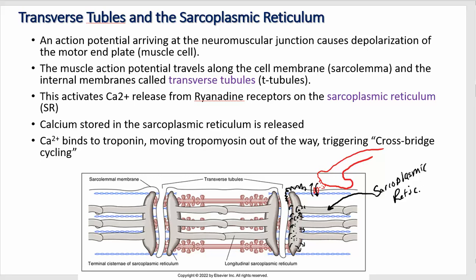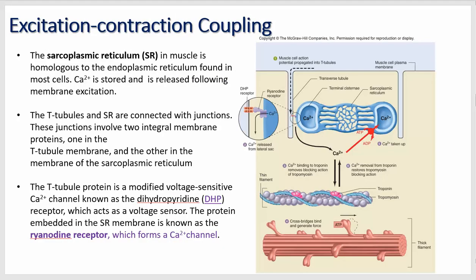We've got a signal of a motor neuron coming in and causing depolarization. The depolarization moves down the T-tubule, and then you have something called a DHP, dihydropyridine or something like that, and ryanodine receptors that are going to allow calcium to move out of the sarcoplasmic reticulum, and then you have a muscle contraction. Okay, so let's kind of